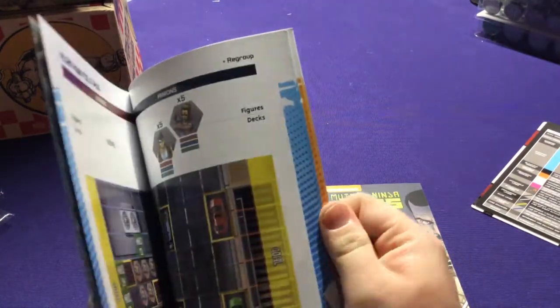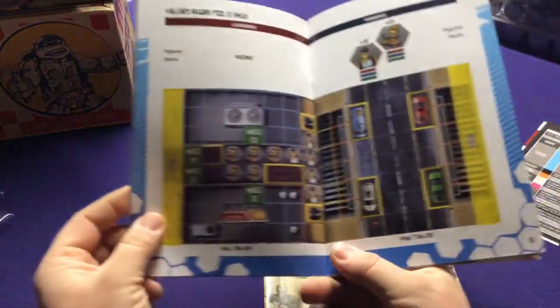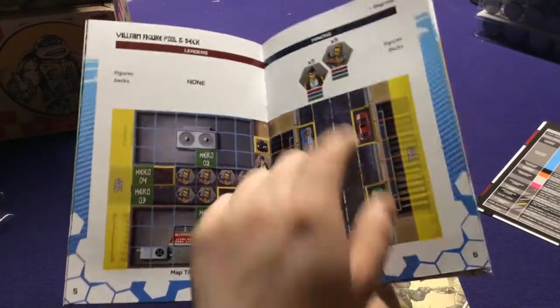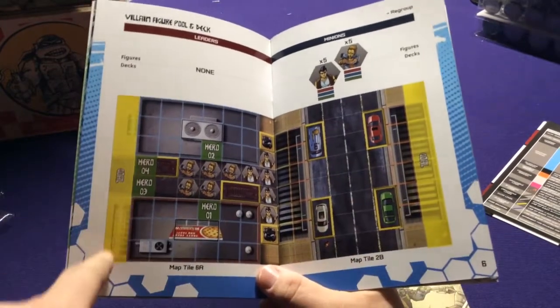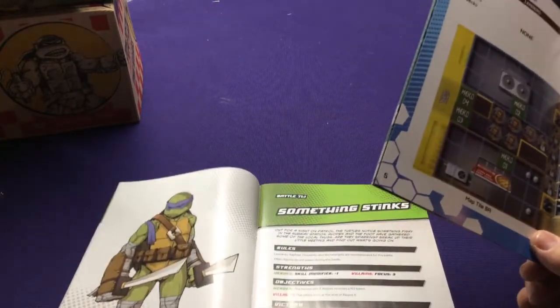Other thing to look at in here is how the maps are set up. So we have a map here. This is the old one again. It's going to show you if you have any leaders, if you have any minions, what color cards they use. Like this one has goals. That's where your heroes start and where everything's laid out. And then if we flip to